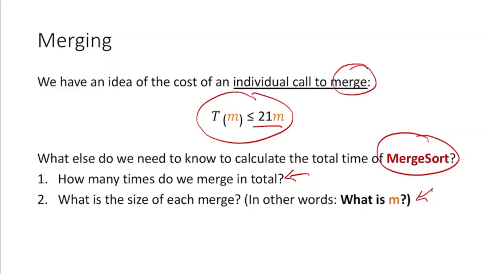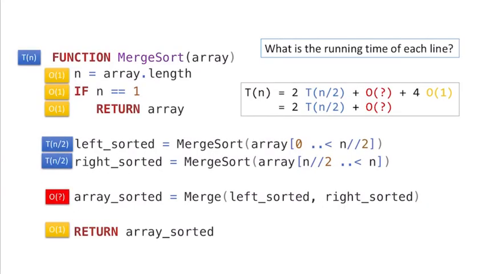Alright, now we're ready to jump back to our full code for merge sort here, and we're ready to fill in the blank for the cost of a merge. I know I said that we had a change of variable, and we're going to eventually call it t of m. But in this outermost call, m is going to be equal to n, and since I'm dealing with n over 2 here, it makes sense to just stick with one variable, and we'll call the cost of merge